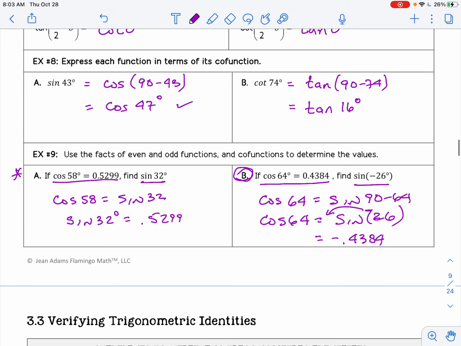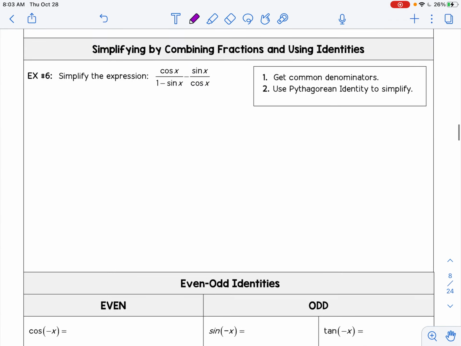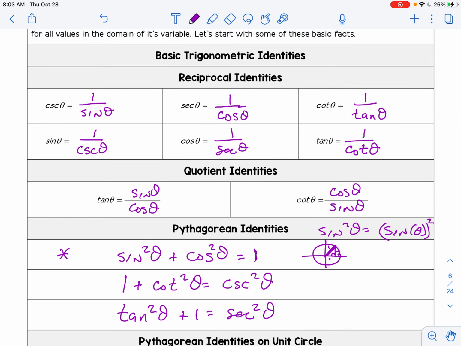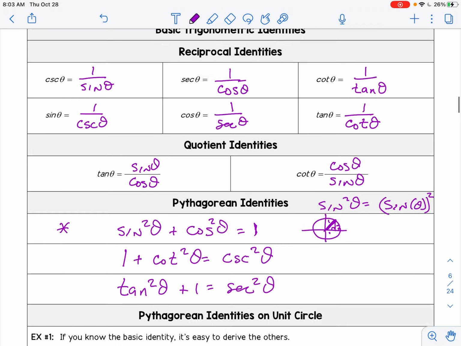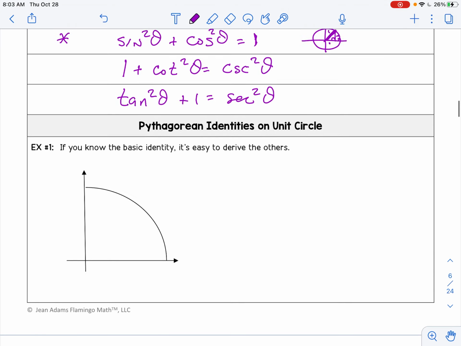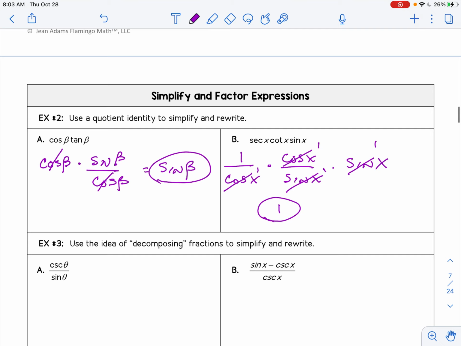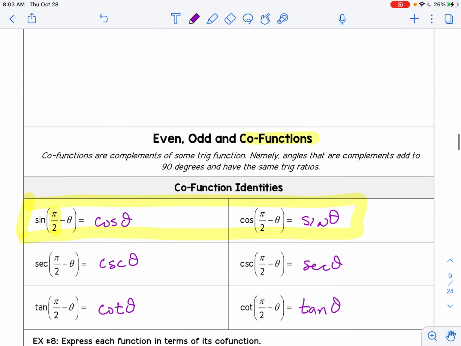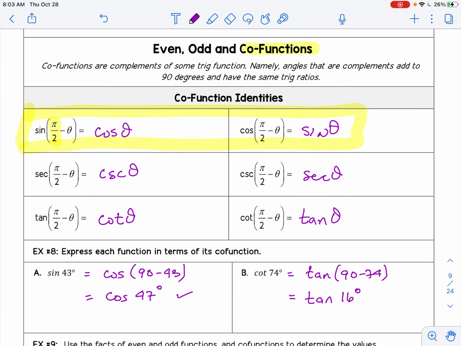Okay, so those are your basics. What I'd like you to know from this section coming into class is I would like you to refamiliarize yourself with the reciprocal identities. And then the quotient identities, we introduced the Pythagorean theorem identity. I'd like you to be able to use those to simplify some basic functions. And then down here, I would like you to be familiar with the co-identities, where one can be rewritten as another one. So we'll talk about